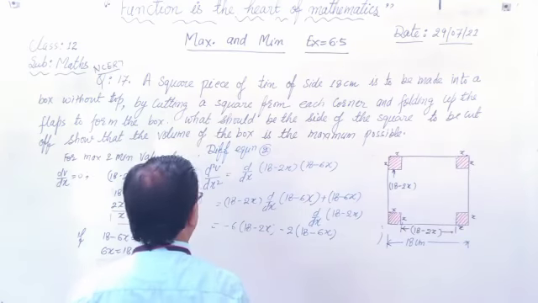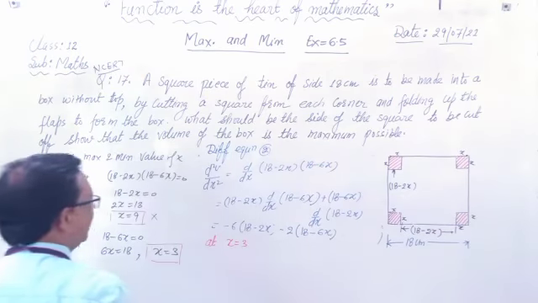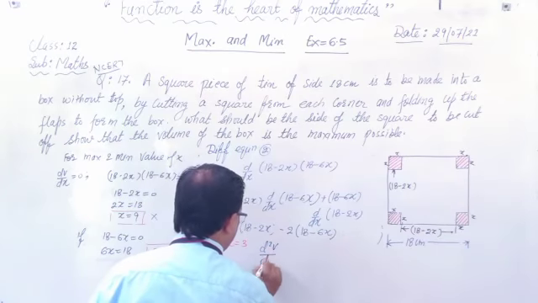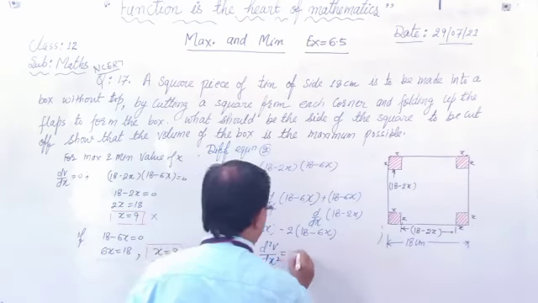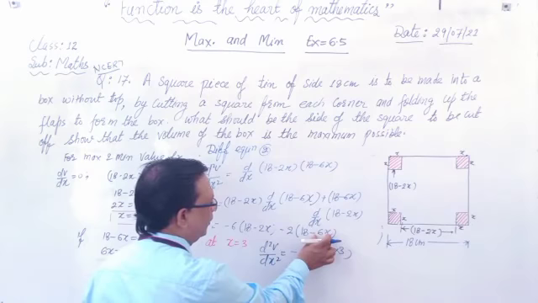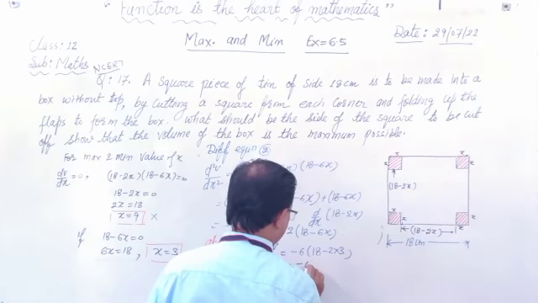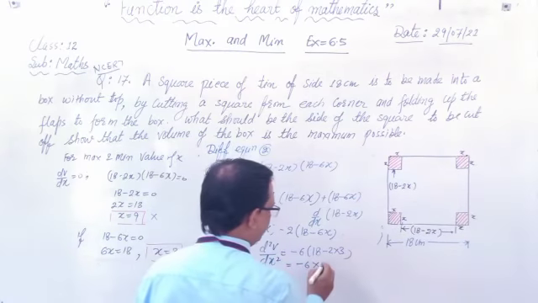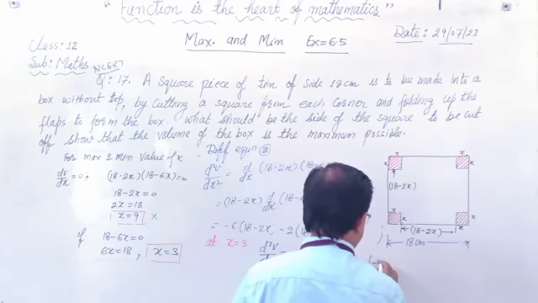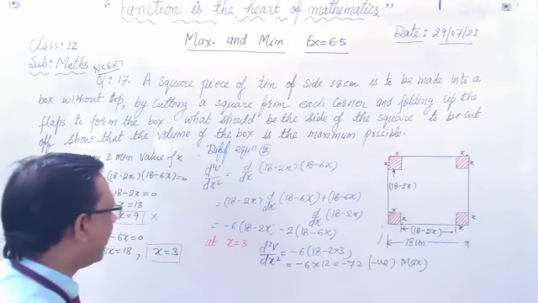Now we check at x is equal to 3. So at x is equal to 3, our derivative d2v upon dx square is minus 6 into 18 minus 2 into 3, and this part becomes 0. So 18 minus 6 into 3, 6 into 3 is 18, minus 6 is 12. This is your minus 72, and this is negative, which means maximum. So our volume is maximum when x is equal to 3.